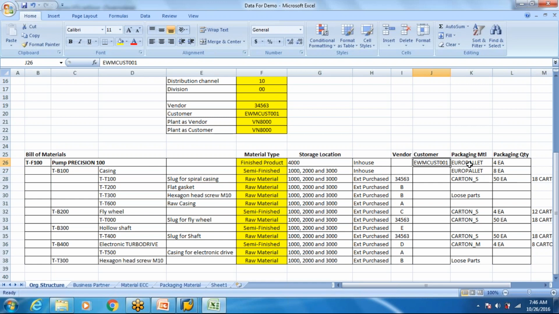As I told you, the pump is a finished product with a bigger size, so I'm going to use a Euro pallet, 4 each. This is going to be the packing requirement for a pump. A casing will be stored again in a pallet with a packing requirement of 8, so in one pallet, 8 will be stored.